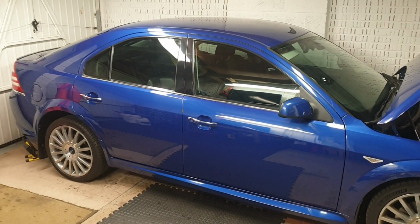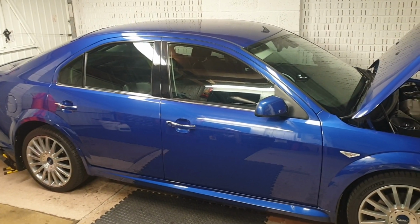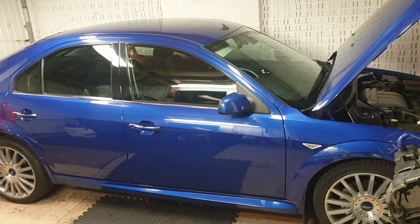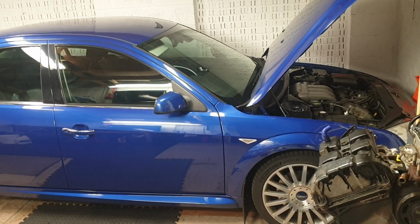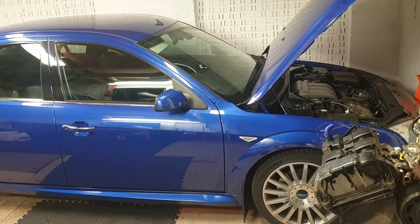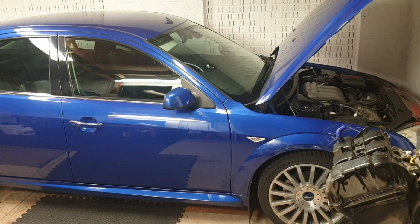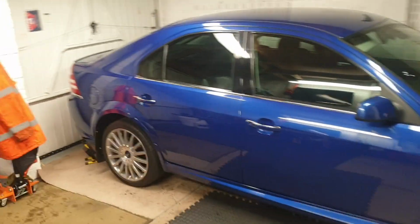So these are getting quite rare, the parts are getting quite rare, and genuine Ford parts anyway. And because there's not many of them left now on the shelf, Ford seems to think it's okay to charge what they want for daft things. I'll get into that in a little bit. But so yeah, if you're looking at buying one of these, I would say the first thing to do, my advice,